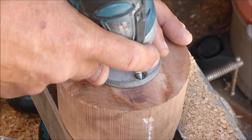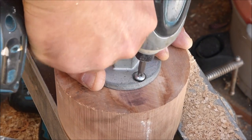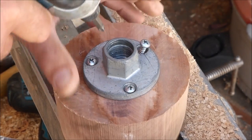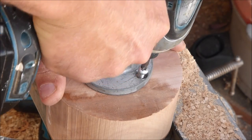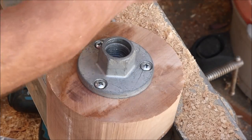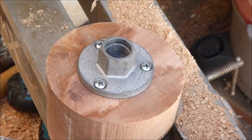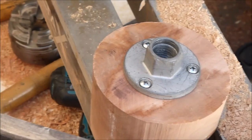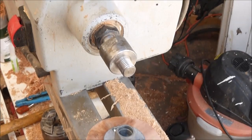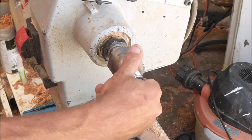Okay, so now I'm mounting up my 2.5 inch faceplate. Pre-drilled some holes so I wouldn't split the wood. Okay, and then I have my spindle adapter. Make sure you can see that. Let me back out a little. All right, so here I have my spindle adapter,